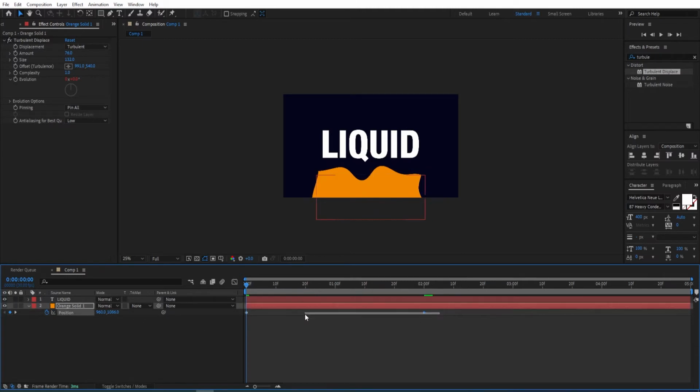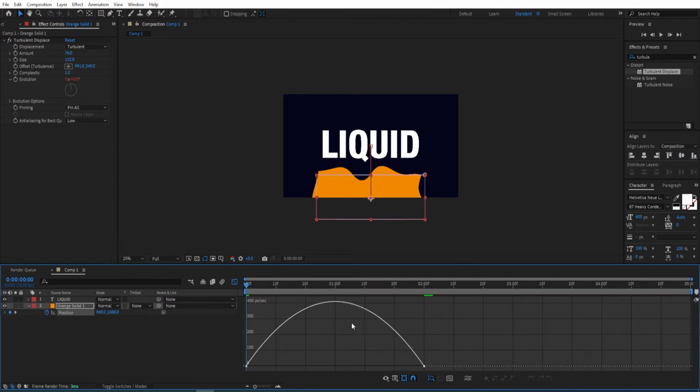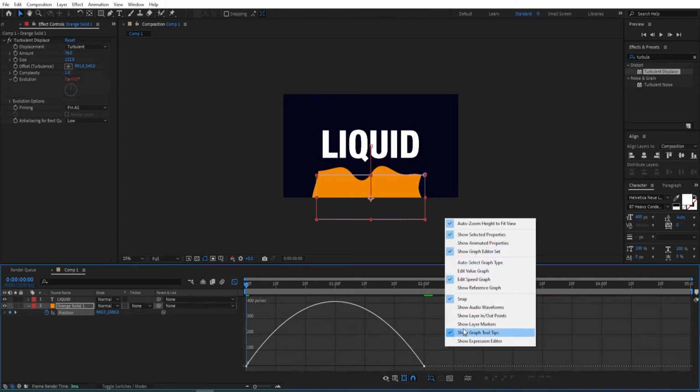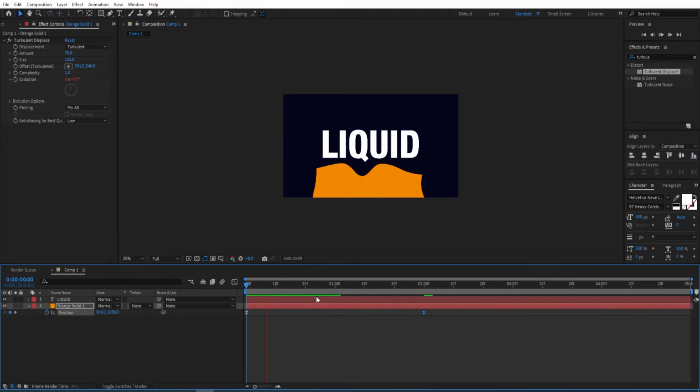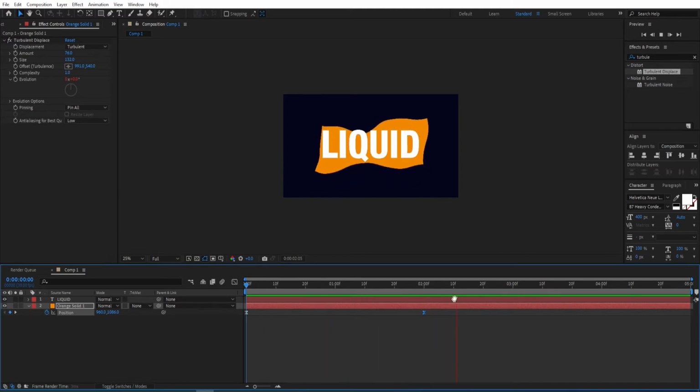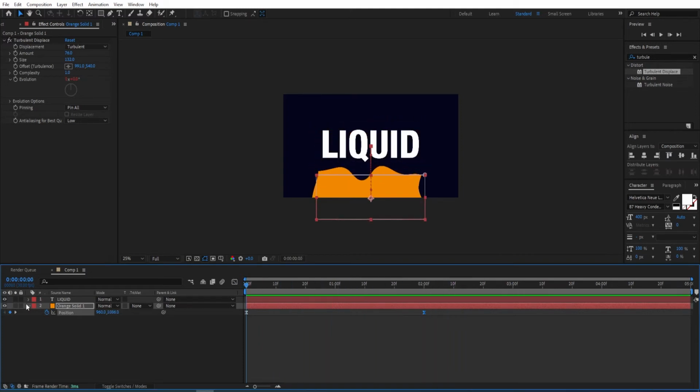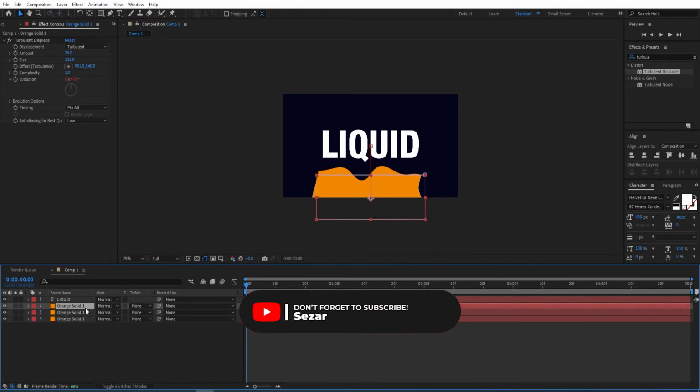And then select both of the keyframes, press F9 to easy ease this, and then go to graph editor. If your graph doesn't look like this, then right click and then choose this one, edit speed graph, and then do this adjustment into the curves. So we have this animation, and then we can duplicate this twice, so Ctrl D and Ctrl D again to